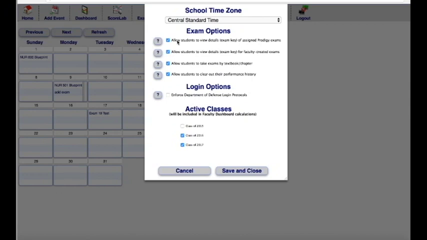If, however, you want to reuse the same exam the next year for a class, you probably don't want this year's class to have a copy of the exam key. In that case, you would simply uncheck these options. That way your students are able to see their overall score in percent, they can see their score in each of the NBCRNA categories, but they're not able to pull up the actual exam key that shows each individual item in the exam. Once you've made your selections, just click Save and Close, and your options